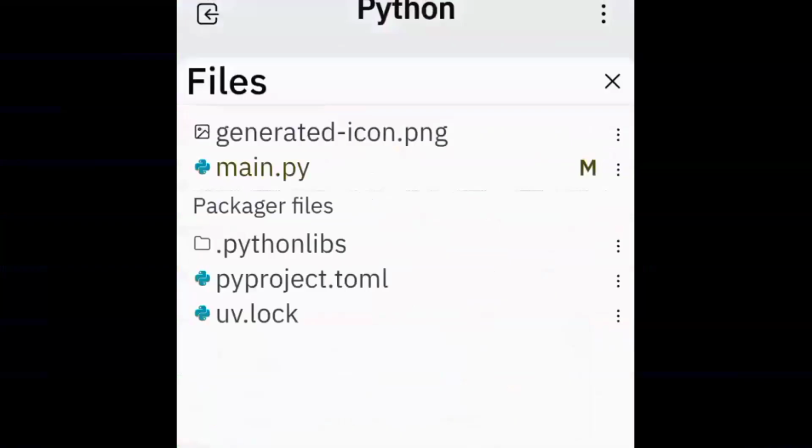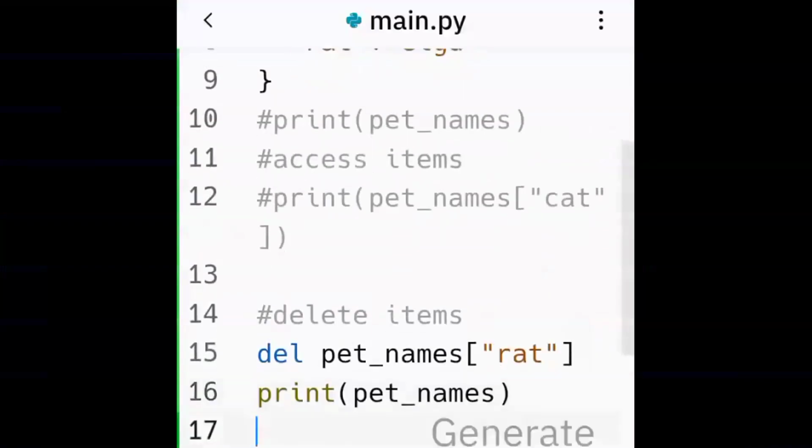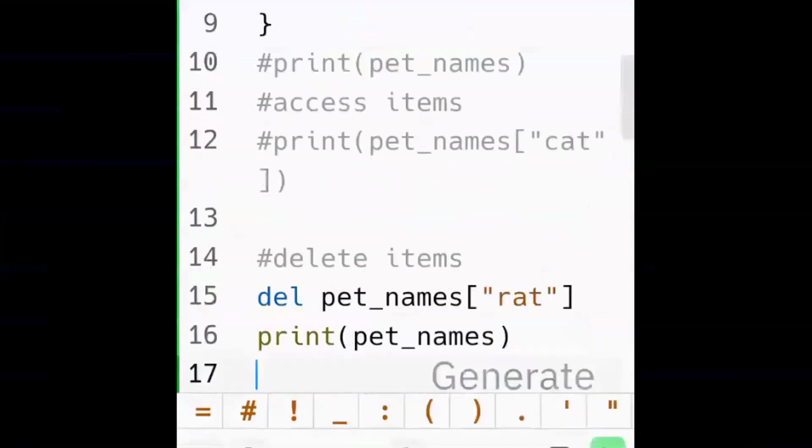So there you go, your work has been done. You were able to delete rat along with its value from this dictionary. So this is how you delete specific items.